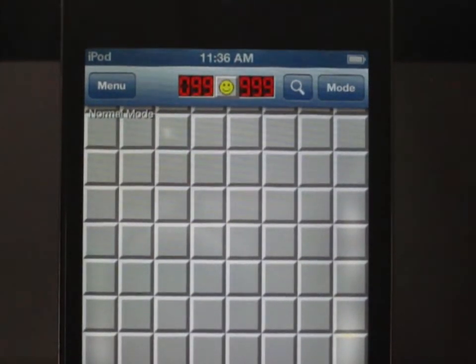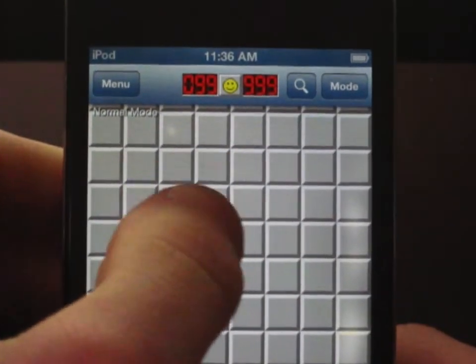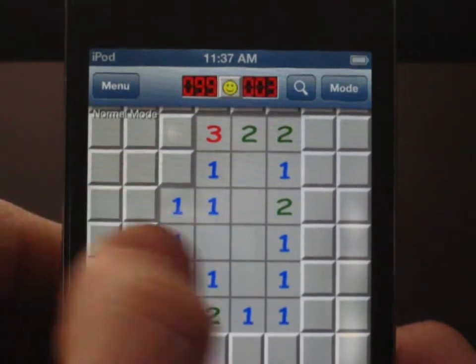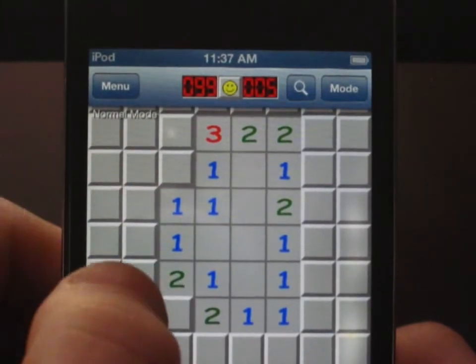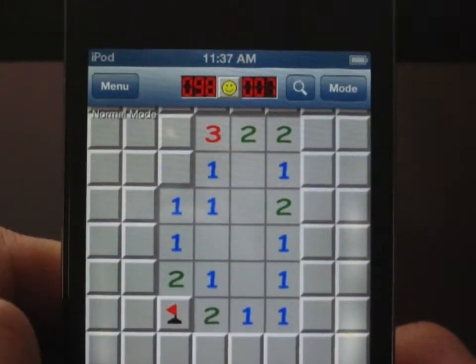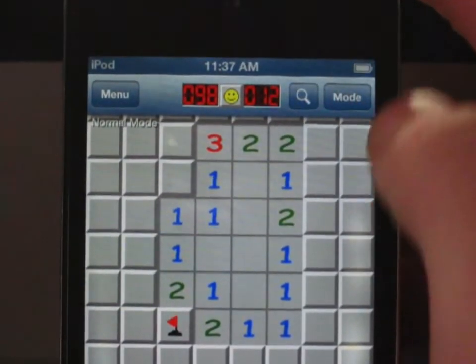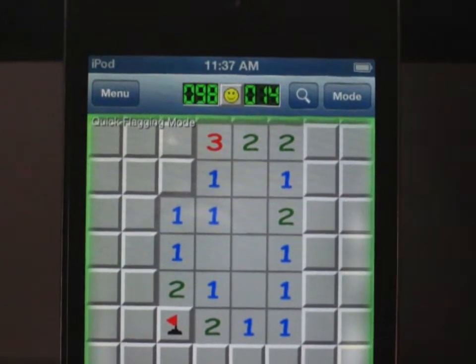So by default, when you open up your game, when you press anywhere on the screen, just a quick tap, you obviously select the block and open up all the blocks around it. And if you tap and hold, that places a flag. That's the default. If you press the mode button though, now you're in a mode where, and if you